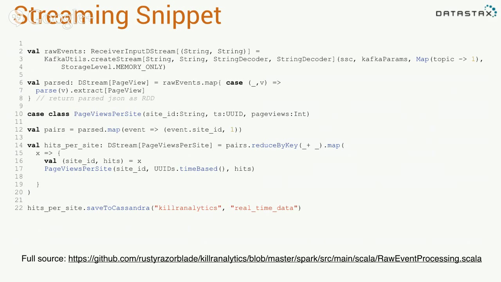And I don't have the line here. There's a line above where you define the batch duration. But what happens is this chunk of code gets executed every single batch window. So you get a chunk of data, you do this stuff to it, and then you start over and you get a new chunk of data.